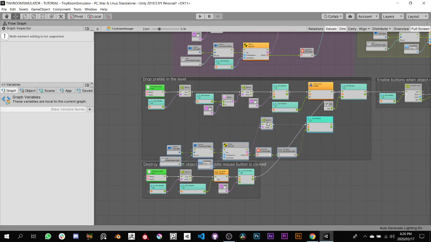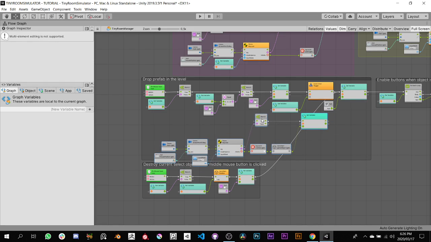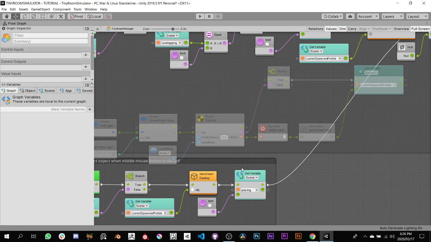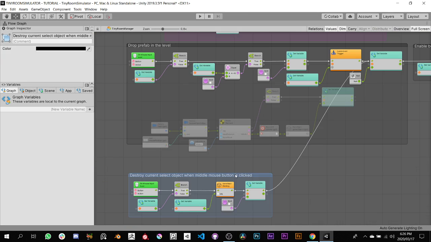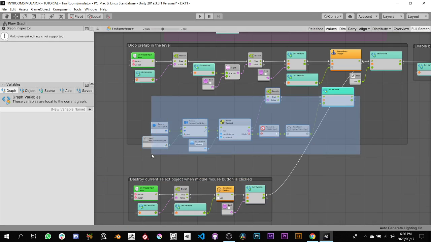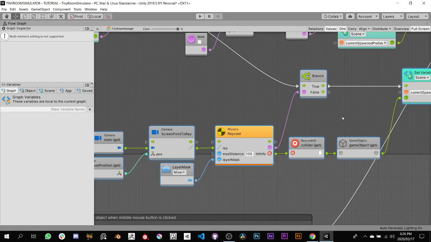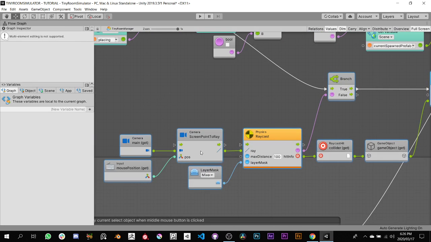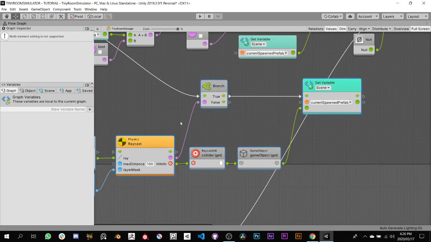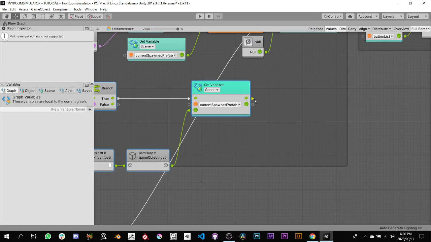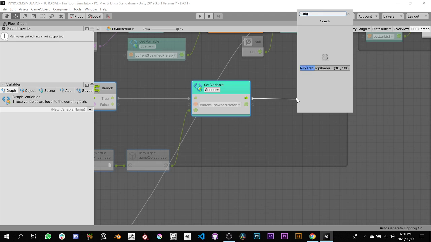I'm just going to make some space here because serious overlap, serious overlap. There we go, and we're going to move it down here, and we're going to plug this into the false. So if we're not placing an object, please look for something that we're looking for. So in this case, we are going to clear out these layers, and we're only looking for interactable. So if I left click and we're not placing an object, please go through here, set the current object, and we're going to trigger